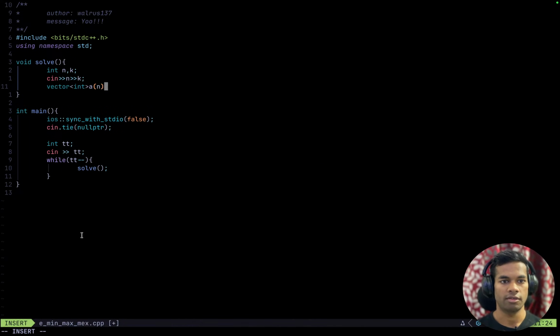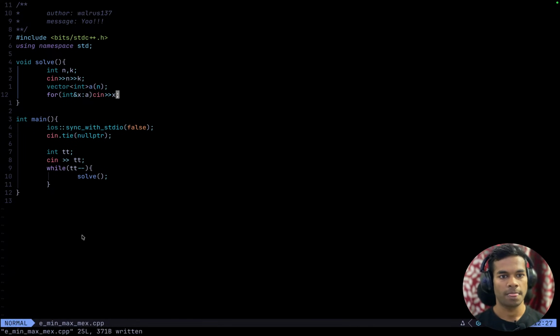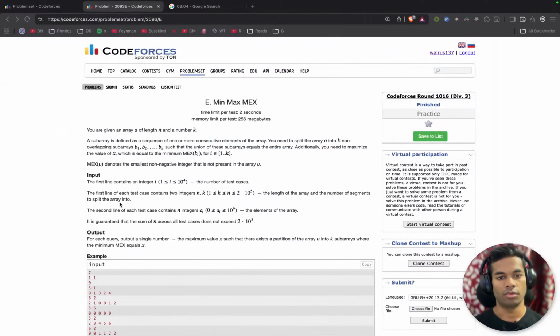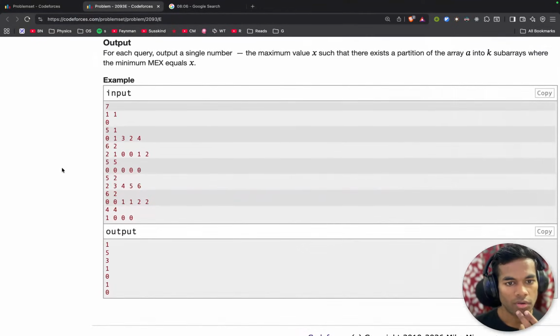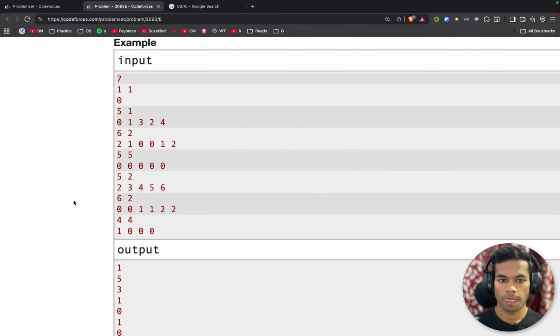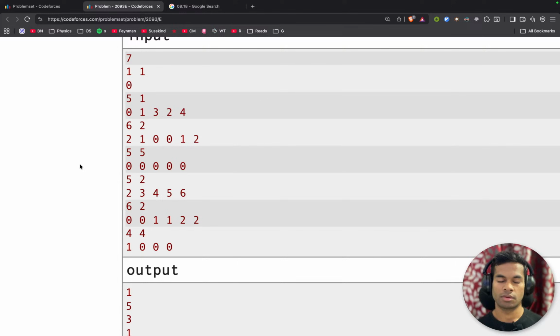And N, N, and K, and vector int A, size N, for int reference X and A, taken X, and now, okay. What should we do here? If K and this,